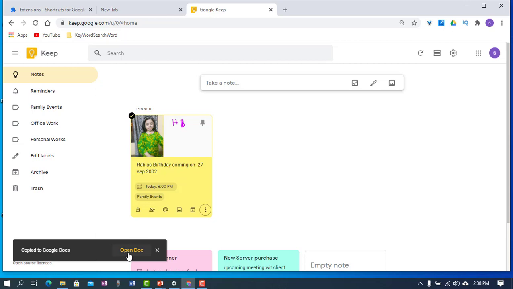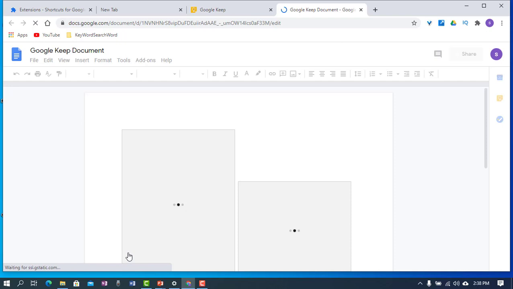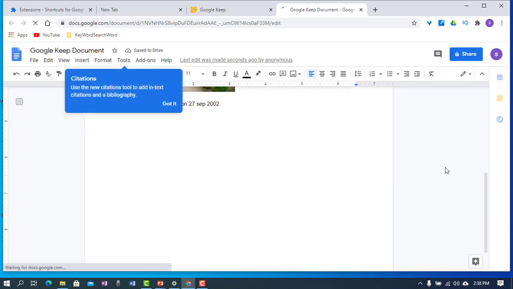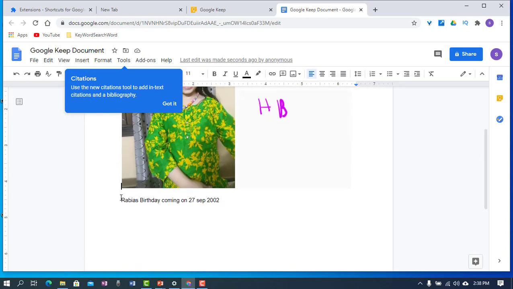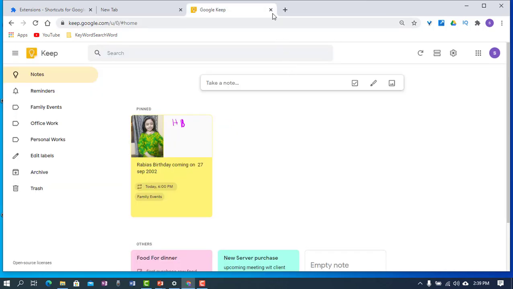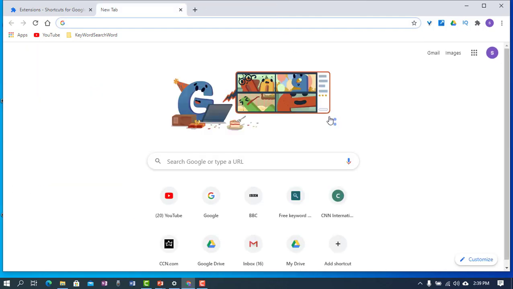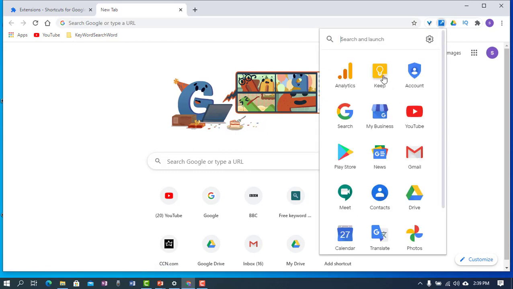Now I just need to click open docs. As soon as I click on open doc, you can see it will move all my note into Google Docs. We use this application very efficiently.